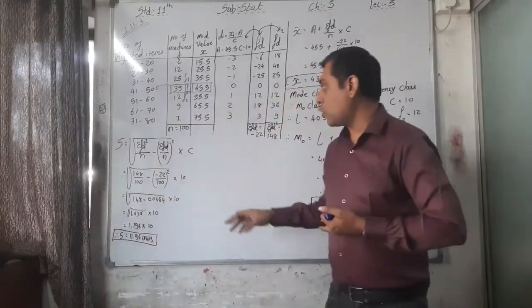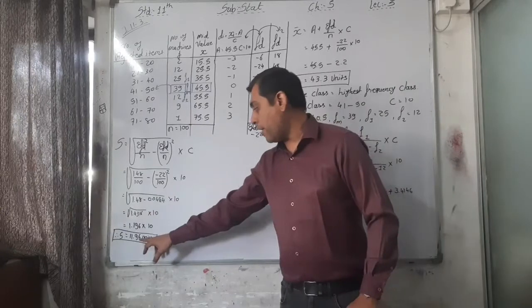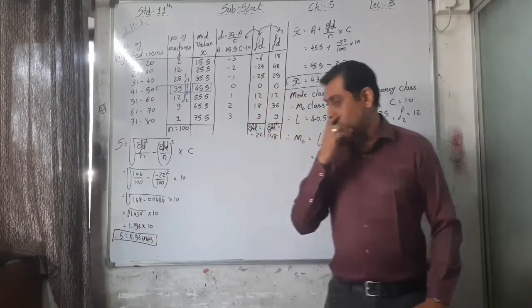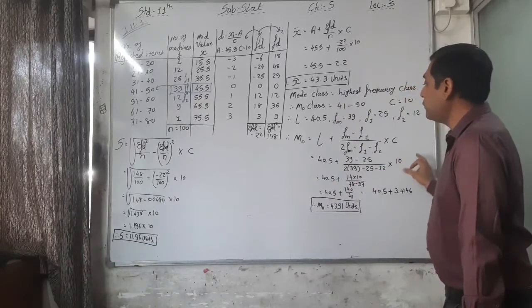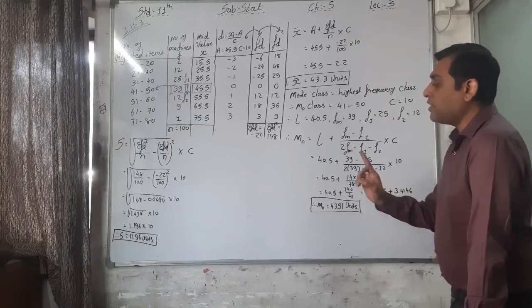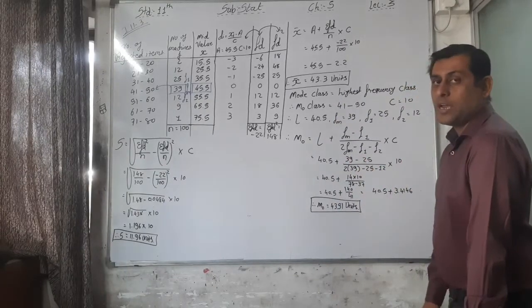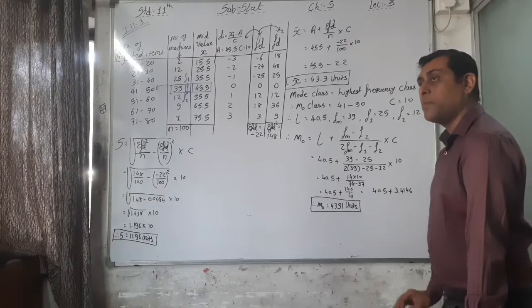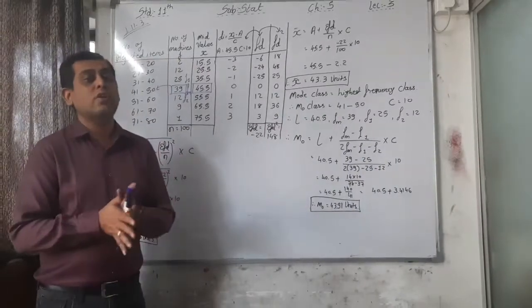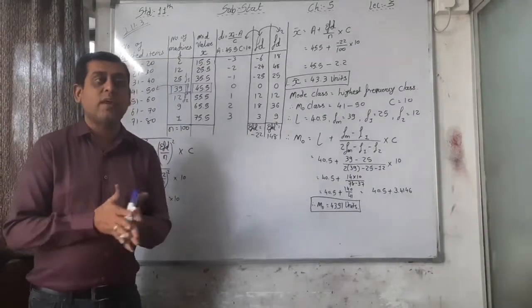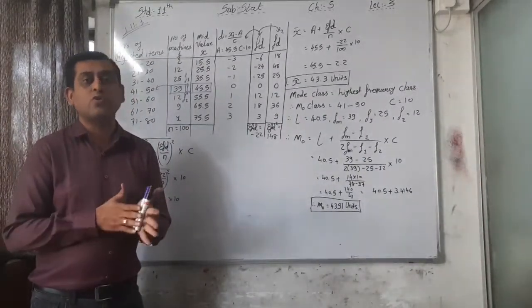Standard deviation is equal to what? Here, 11.96 units. Okay, so here your X bar, then mode, and then standard deviation, we find out that. Now just find out whatever the main question is there. The main question is, first we have to find out skewness as well as the coefficient of skewness.